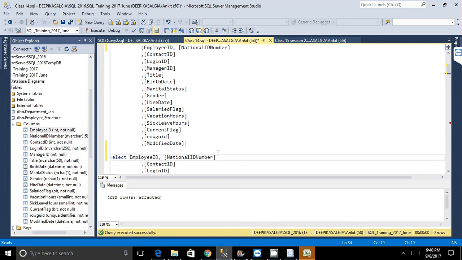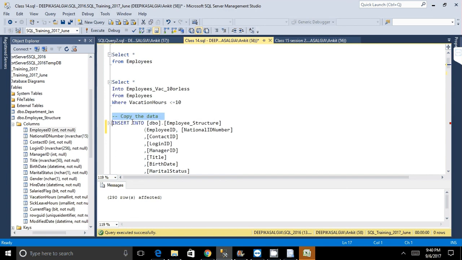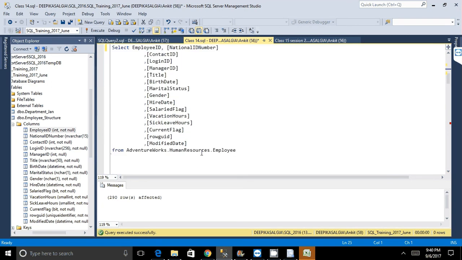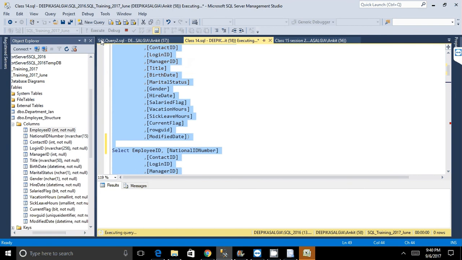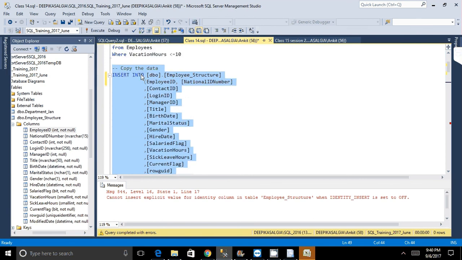Right? Yep. And then you have to make sure you remove. If you do it like this now and try to run the query, it's going to error out. Why? Because you have the identity on, and you cannot insert the employee ID because it's auto-generated. So you're getting an error because you have the identity on the employee ID and you're trying to provide the employee ID, but the employee ID is an identity column, so you cannot insert the value for the identity column for now. So you have to first remove the identity column